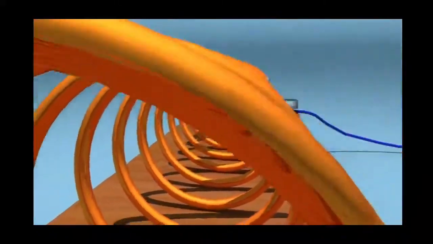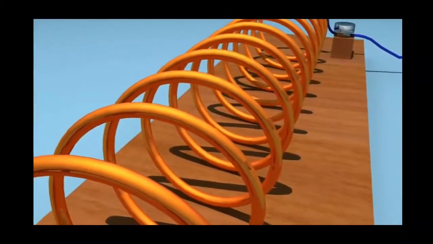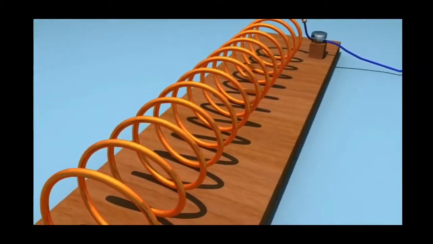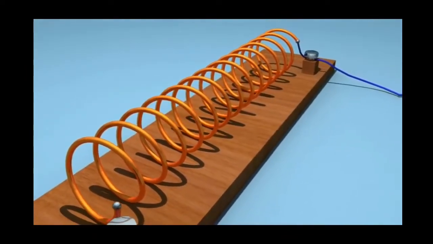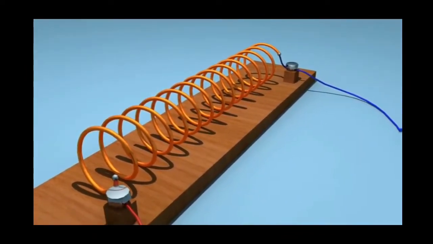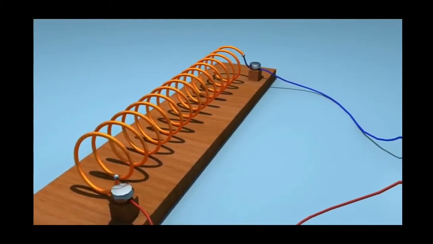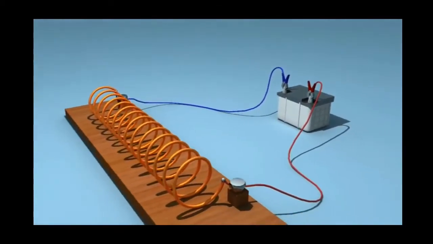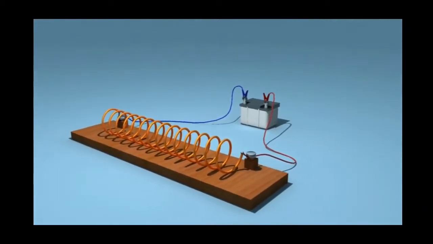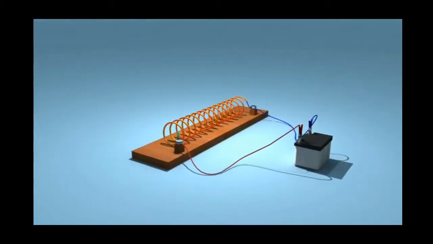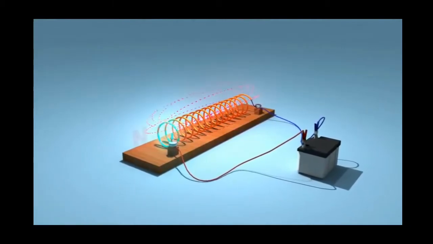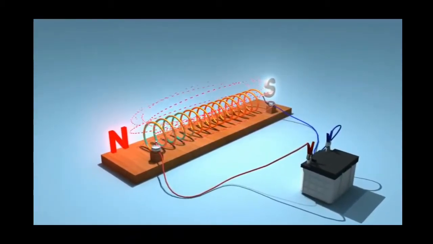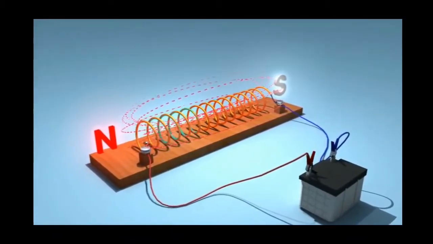A coil with a number of circular turns, we can say a solenoid, in which you have to send current. It produces a magnetic field like a bar magnet. If current passes through it, it produces a magnetic field. The magnetic field of a solenoid resembles that of a bar magnet, with north and south poles. The field lines we are observing